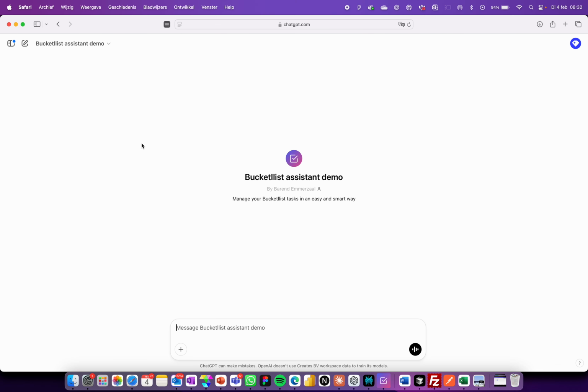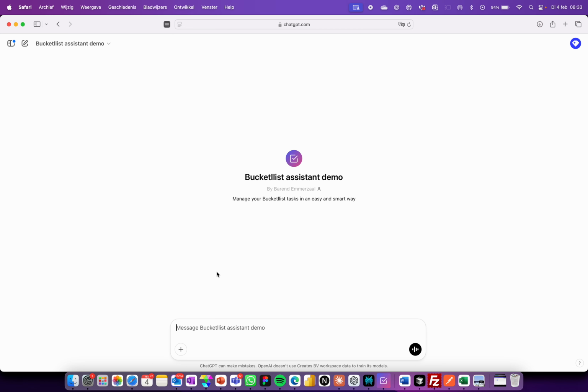GPT. So I set up a custom GPT with an API key to my application, and it allows me to manage all my tasks from within a GPT. Now, why would I do that? I have created it because often I remember I have to add a certain task while I'm driving in a car, and it's easier to use a GPT via the ChatGPT app and speech. I wanted to support speech and let it handle tasks for me. And when I built this, I came up with a lot more use cases which make this one very